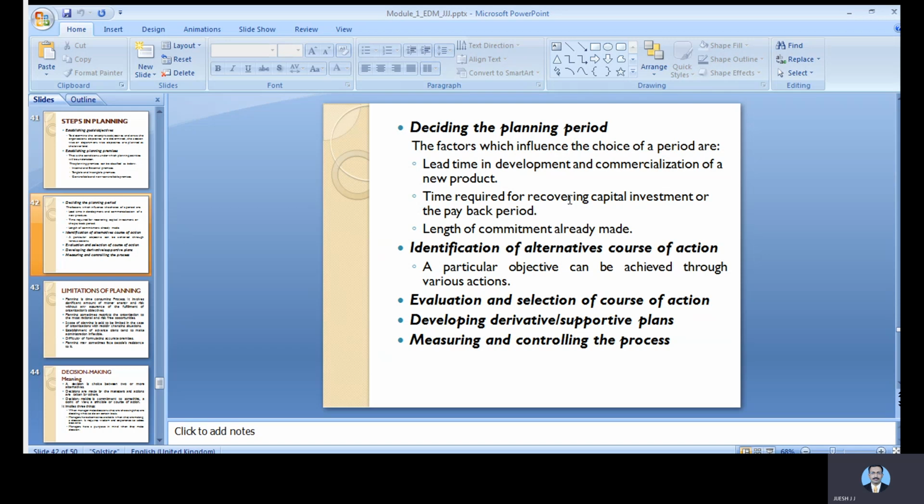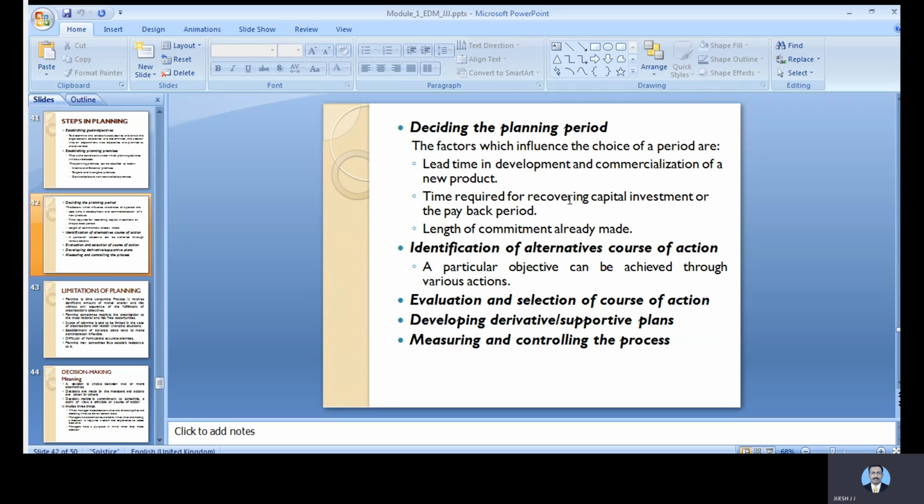Based on the requirement of the industry, we have to move slightly and select the best possible path in order to achieve the requirements of the industry. Then developing supportive plans, derivative and supportive plans, is also very important, and measuring and controlling the process. So always you have to have a look at whatever you are doing and how best this can be evaluated